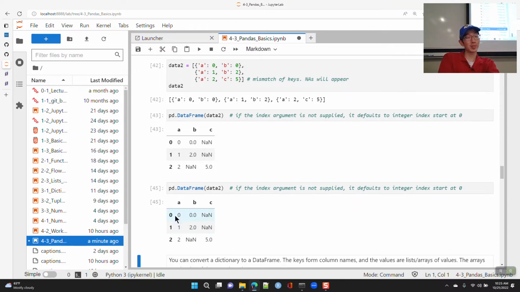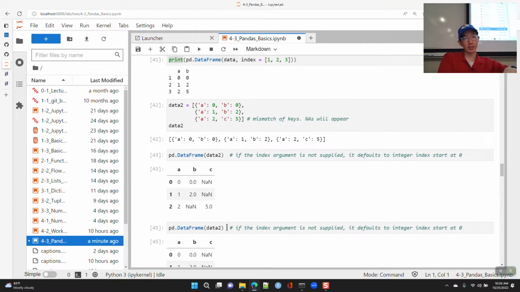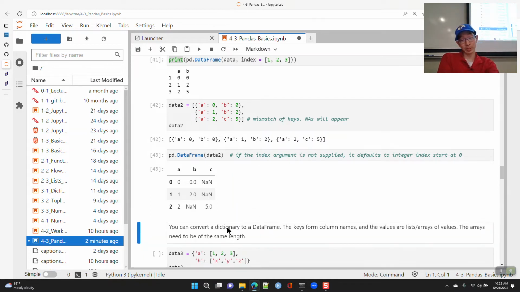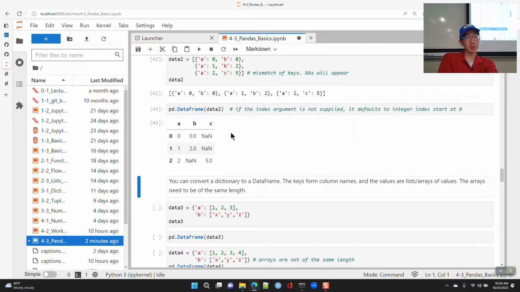But that's the difference. When you call print, it puts out fixed width text onto the screen, which if you're running a script, that's great. But if you're using a notebook, then Jupyter has these nice little features.